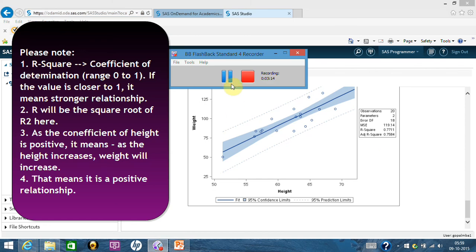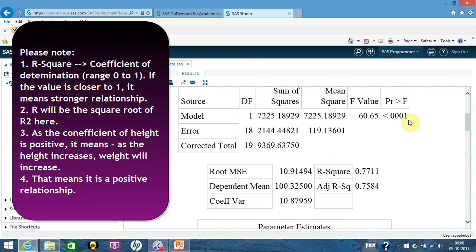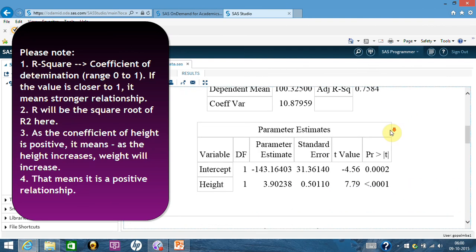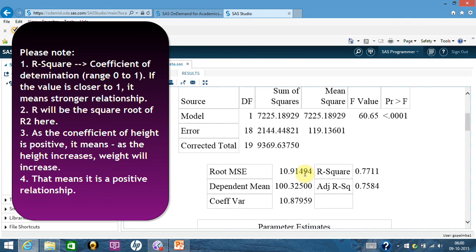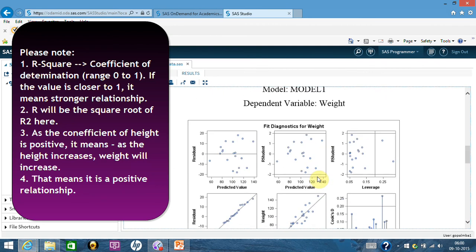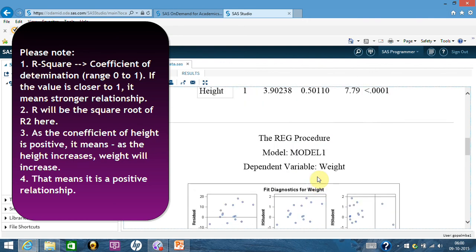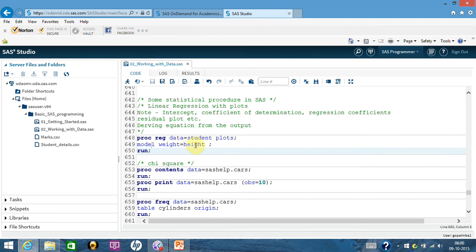Let me stop it somewhere. Anyway, it looks like there is nowhere that you can find R here, but still you can see that this coefficient is positive, which means as height increases, weight will increase. So R, in this case, will be the square root of this, whatever that is. But all said and done, you can say that there is a positive relationship here, and you are getting the equation, intercept, everything by running PROC REG. In the command, when you have multiple independent variables, you will put them here; this is the place for the dependent variable.